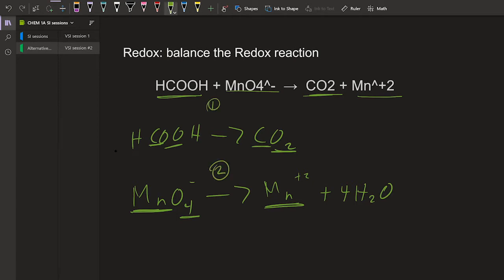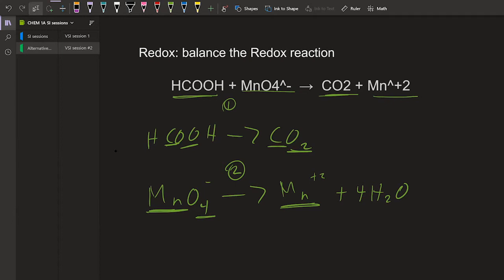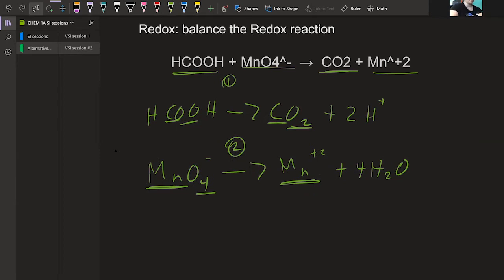Okay. So now that I've balanced the oxygens, I'm going to start balancing out the hydrogens. Looking at the first equation, it looks like we have 2 hydrogens on the reactant side of the equation, and then we have 0 on the product side. So I'm going to add 2H plus. And then it's the opposite for equation number 2, right? We have 8 hydrogens on the product side, so I'm going to add 8H plus